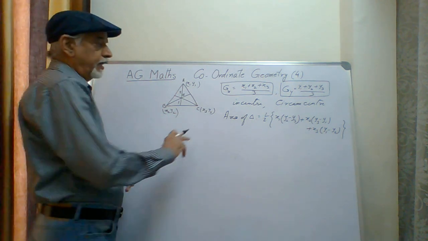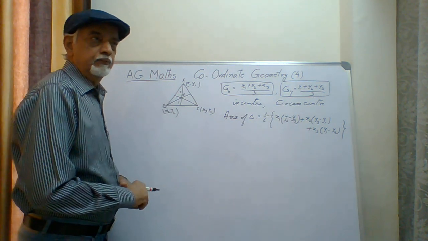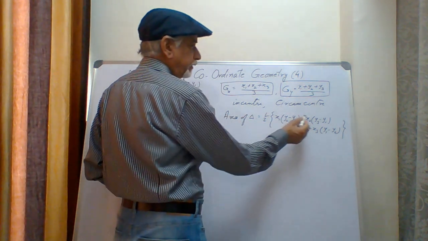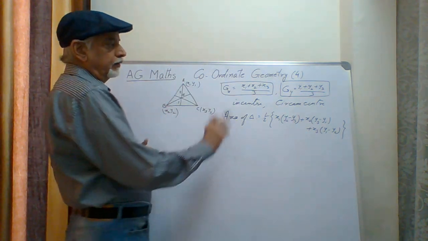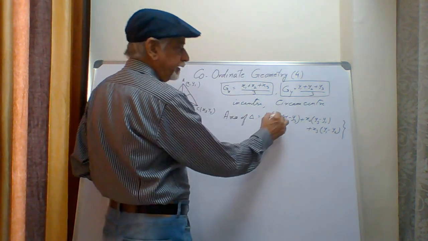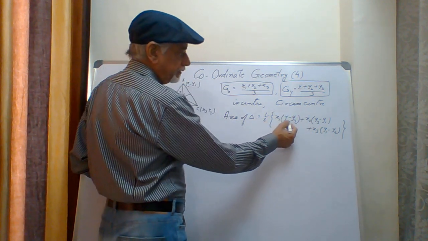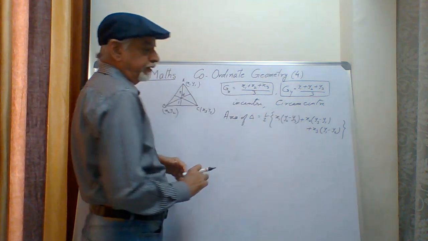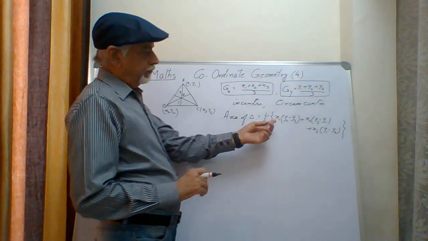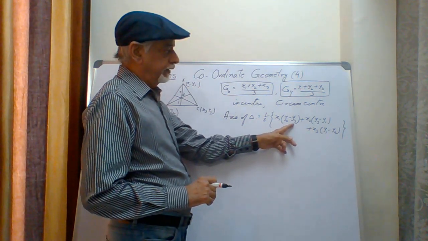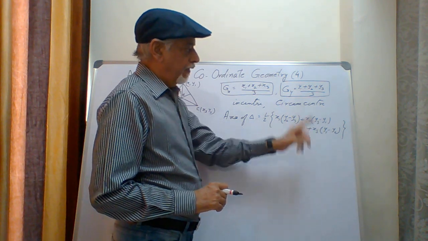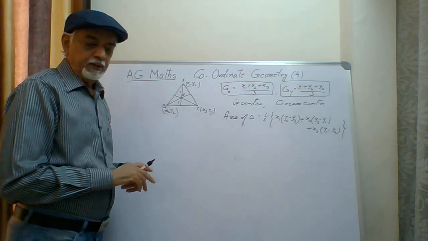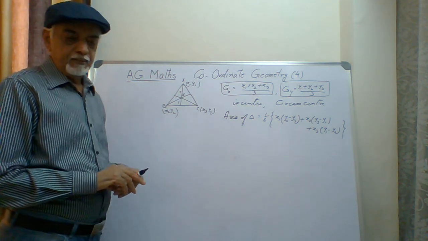This has a sequence for writing the formula. If you know the sequence 1, 2, 3, then you write x1, x2, x3 in that order, separated by plus signs, and multiply each term by the next subscripts of 2 and 3, and the y coordinates will be there with a subtraction sign. So if I have written x1, then y2 minus y3. If I have written x2, then y3 minus y1. If I have written x3, then y1 minus y2. That is the order in which it can be remembered. So this was what we discussed in our previous class.